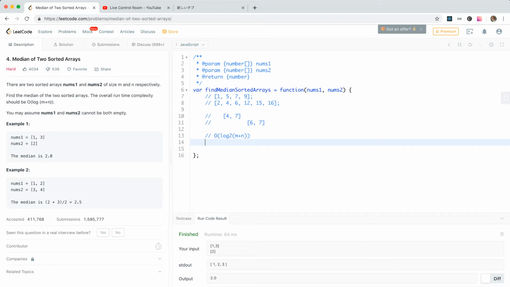So after throwing them away, there will be only 1 or 2. So the ending condition is that while nums1's length is bigger than 1, or nums2's length is bigger than 1. And it gets the median. So how can I get the median is that,